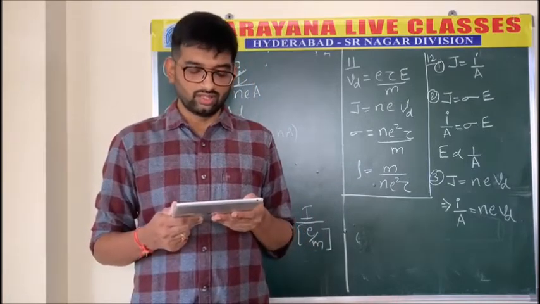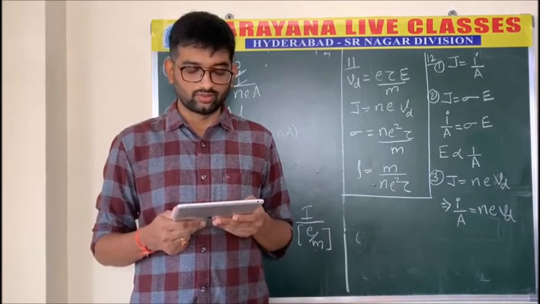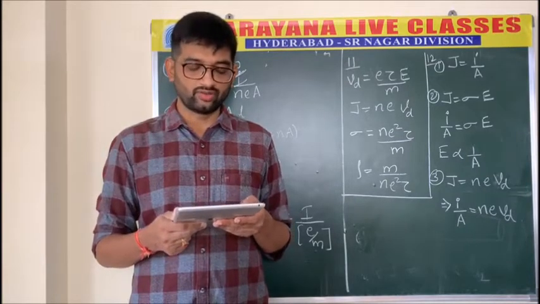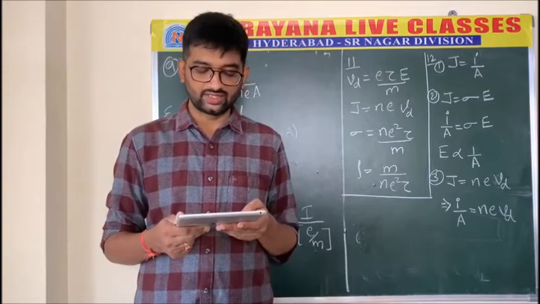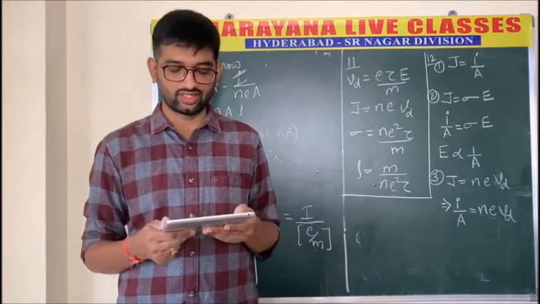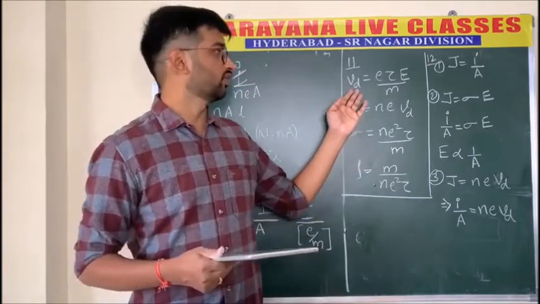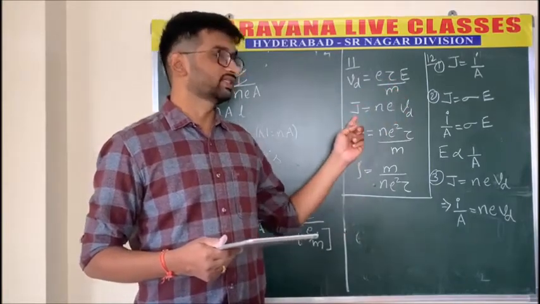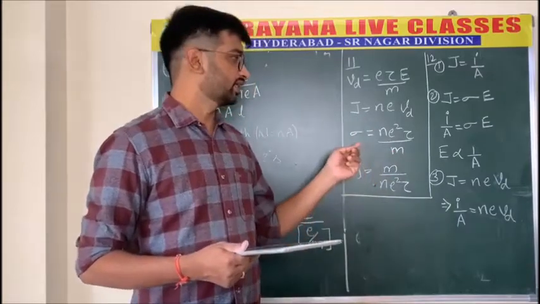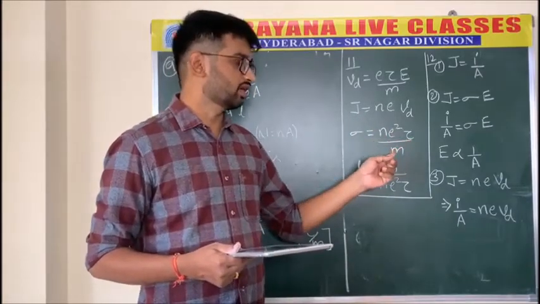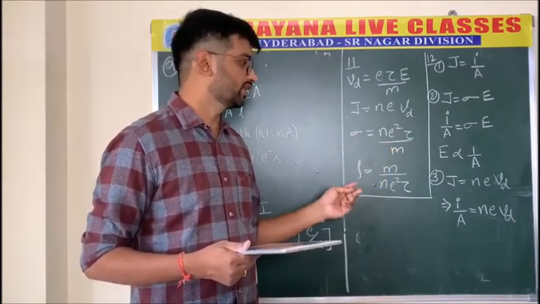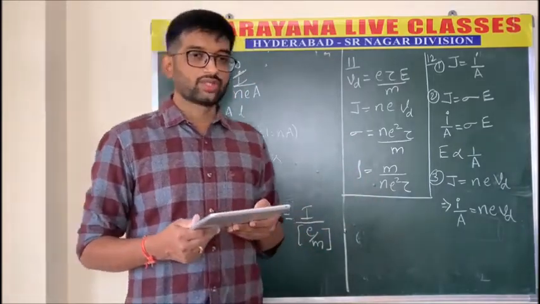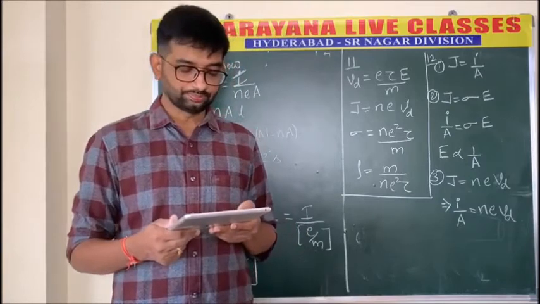Problem number 11. In this problem number 11, we are asked to match the formulae for drift velocity, current density, conductivity and resistivity in terms of relaxation time. So we know drift velocity in terms of relaxation time is this one, whereas current density is NEAVd, then conductivity is Ne square tau by M, and the reciprocal of conductivity is resistivity. So therefore the correct option is the first option.